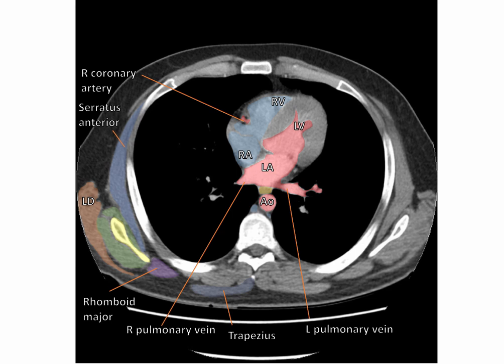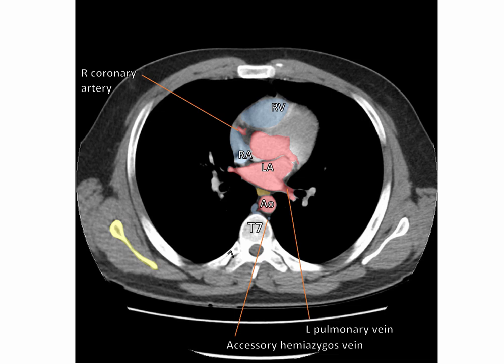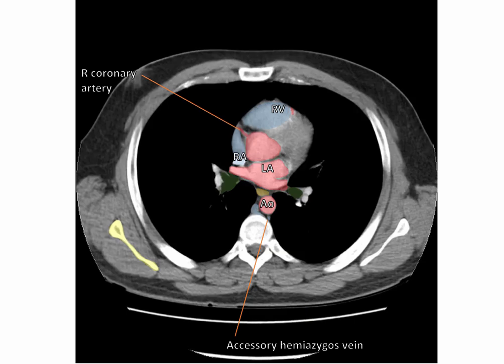We are now at the so-called high cardiac level. The small vein that we can see now on the left is the accessory hemiazygos. We are now beginning to see the right and left main bronchi, which are highlighted here in green. The left ventricle has narrowed to form the aorta, and branching from it here, we can see the right coronary